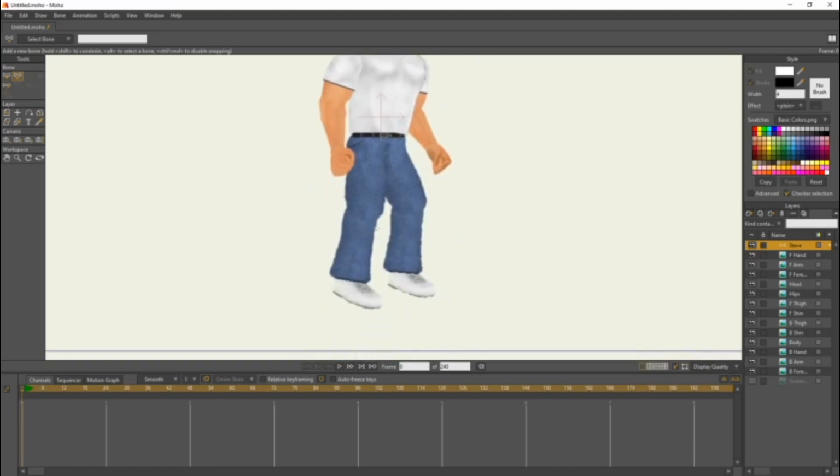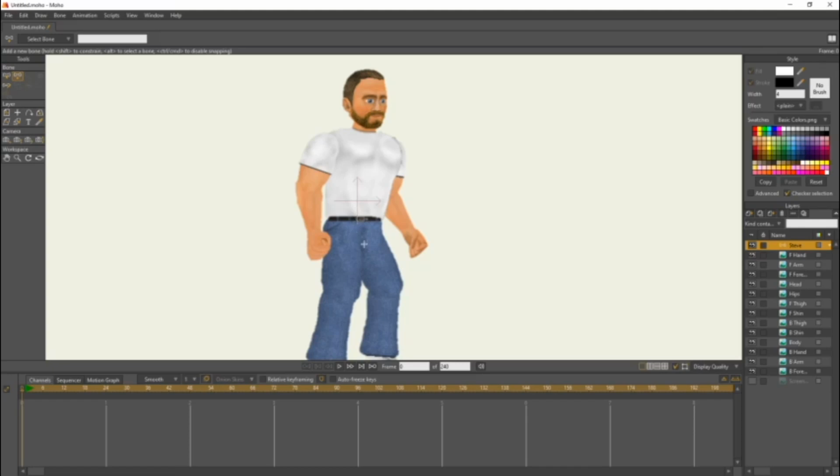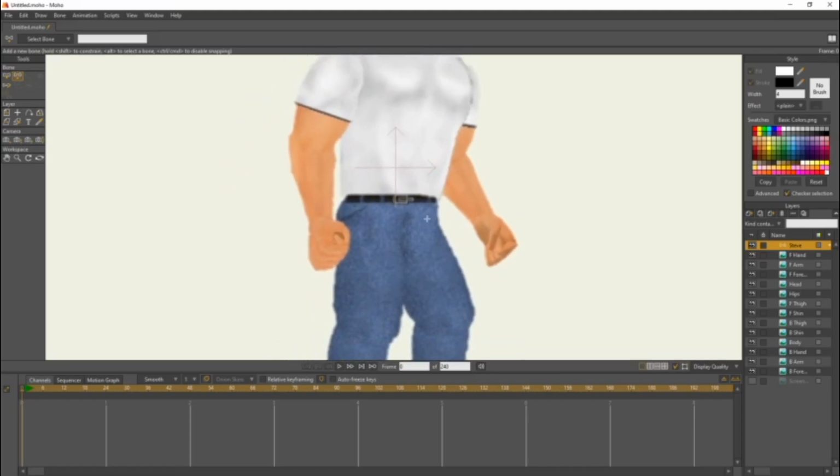So follow me when I do this. We're gonna come right here in the hips, create a bone going up, right towards the belt. And if you want this bone to be straight, just click and drag. Don't let go yet. If you want this bone to be straight, hold shift while you're dragging, and it stays in a straight line, or diagonally. We're gonna keep it in a straight line like this, go right up to the belt, and let go. And that's a bone created.